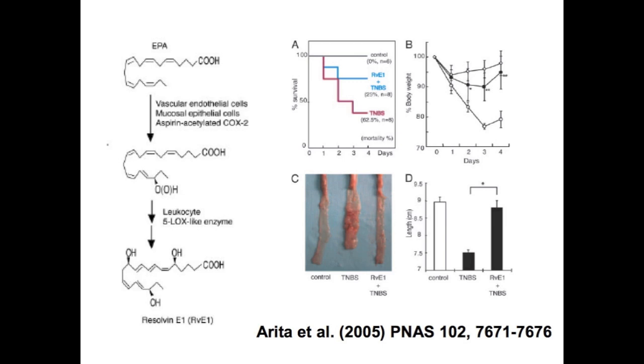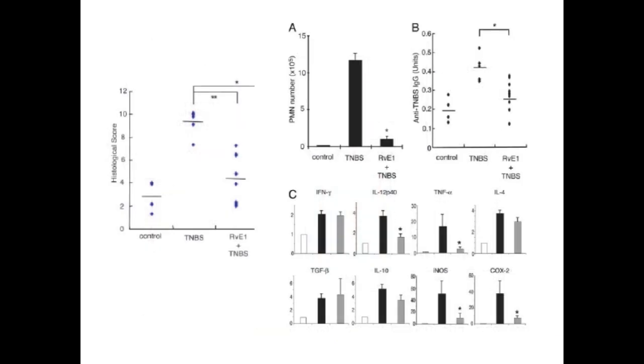This is a readout of the movement of white cells into the gut mucosa, so into the gut wall. This is massively upregulated by this chemical. That's what's actually driving the whole thing. If resolvin E1 is administered, that doesn't happen. And then these are all inflammatory chemicals. A lot of them are increased with the agent that causes the disease. And if they're increased by that agent, then in general, resolvin E1 prevents that from happening. So these are pretty potent chemicals.